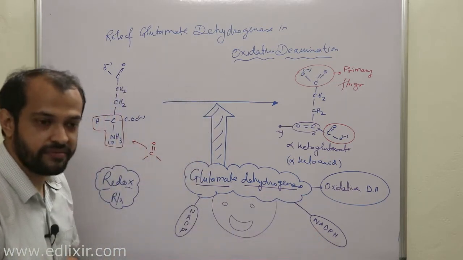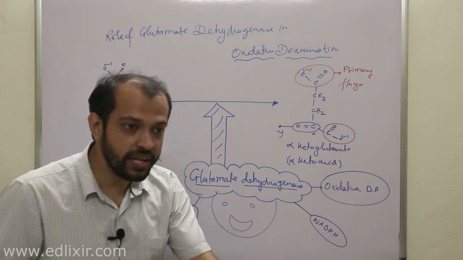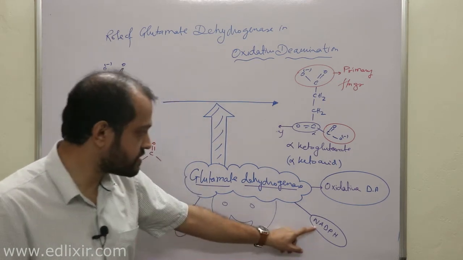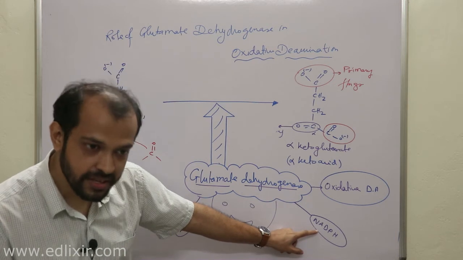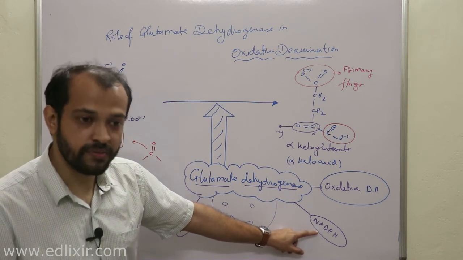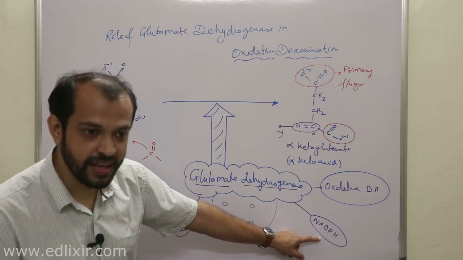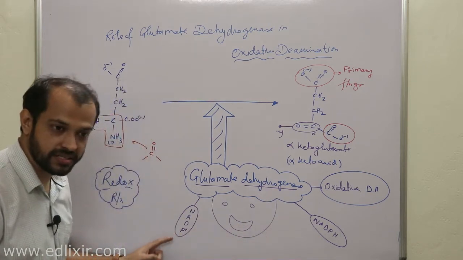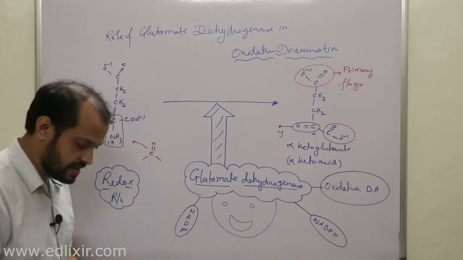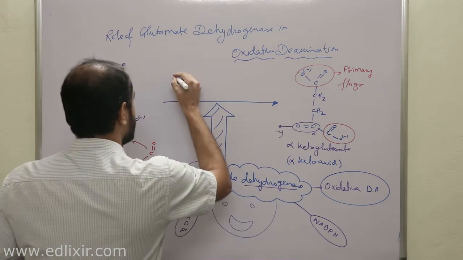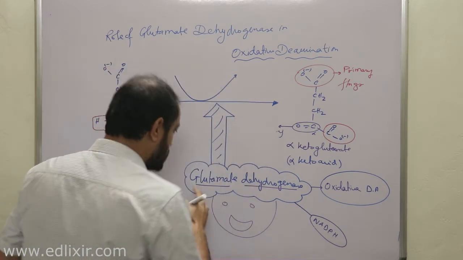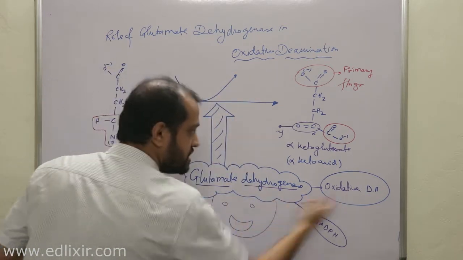Now listen, it's a very easy answer. Which has got H already? NADPH has already got H. That means it will no longer be further loaded with H plus. Now this requires H plus. That means whenever glutamate dehydrogenase is performing oxidative deamination,